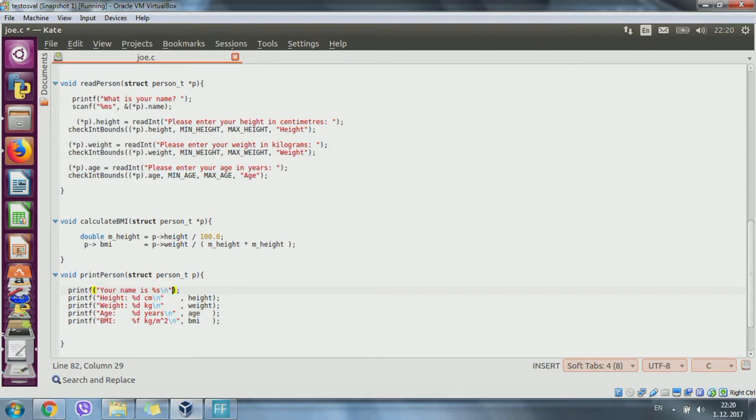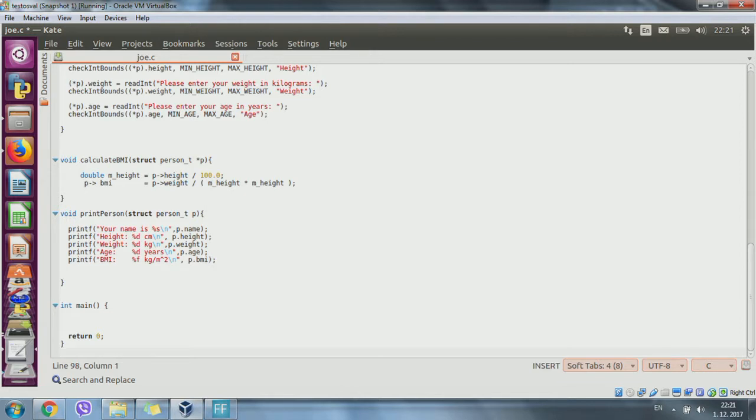An example we can put in this part p dot name. In this part also is needed the p dot age, also here p dot height, and p dot BMI. So it's getting a better look. It's less code inside of the main, but we have a problem here, and the problem is that we need